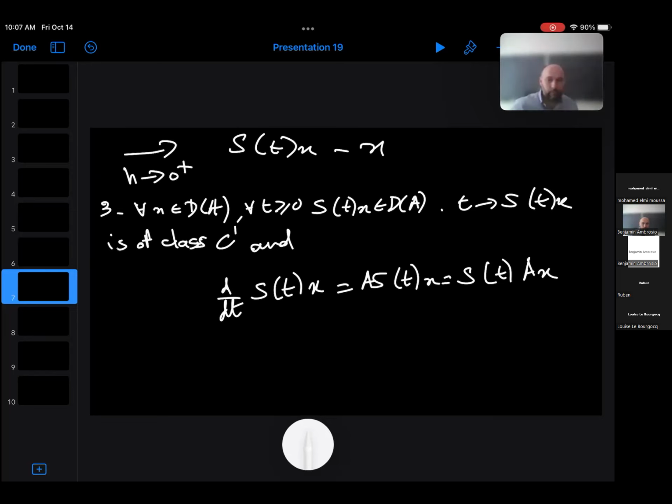Okay, so let's go for the proof. So we want to prove that if x belongs to G of A, then S_t of x belongs also to G of A. So again,